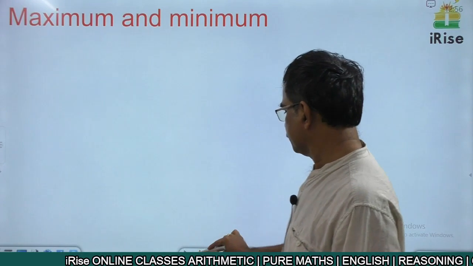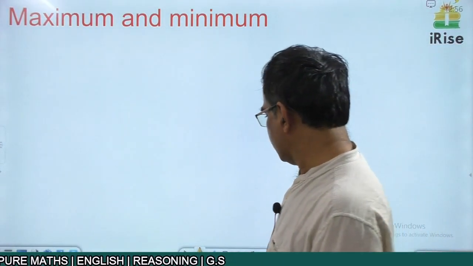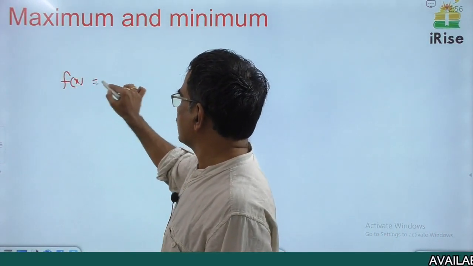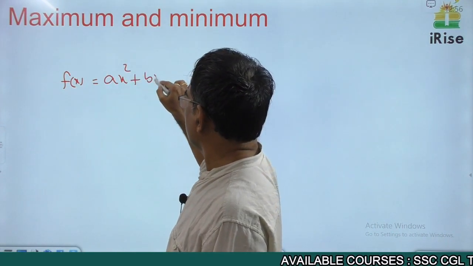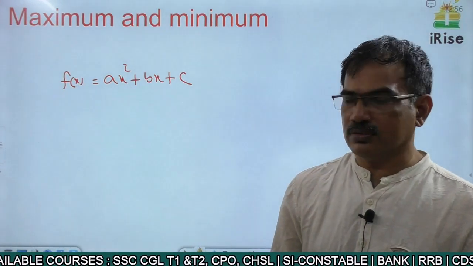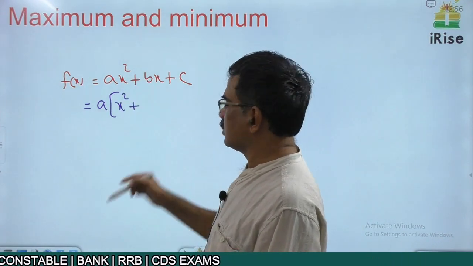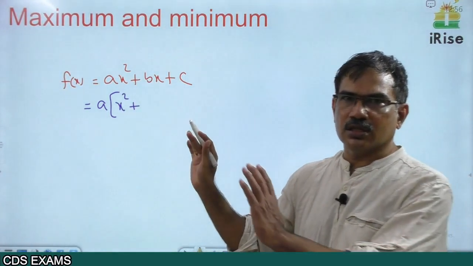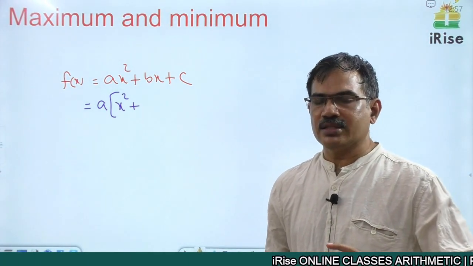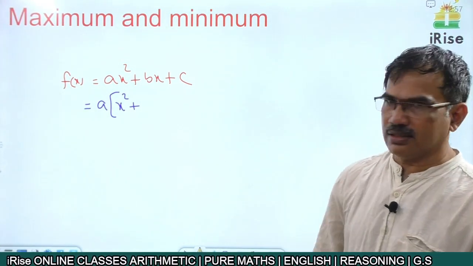Listen. It can be explained in 2 ways. For example, if the function is f of x is nothing but ax square plus bx plus c, this is the function, this is the curve. I want to write this as a into x square. If you are not interested in the basics, just memorize those 2 formulae, that's enough. If you are very interested in the basics and want them, just listen.